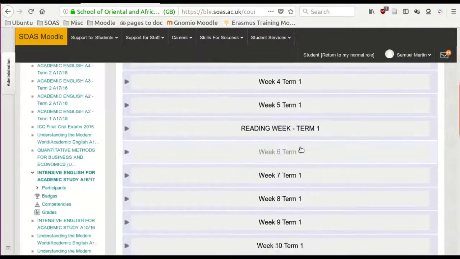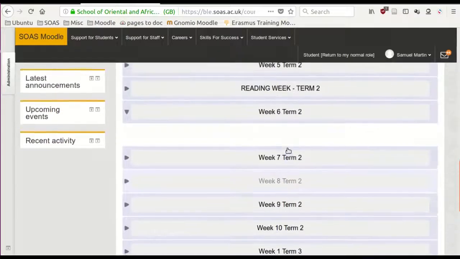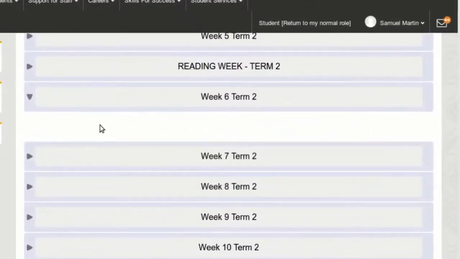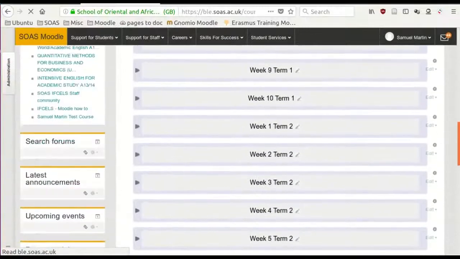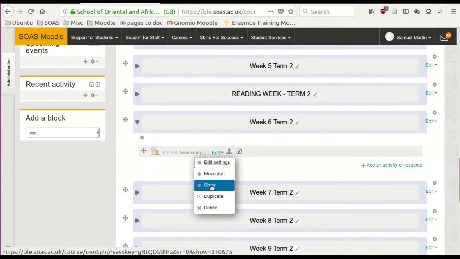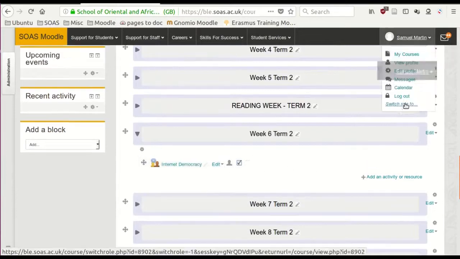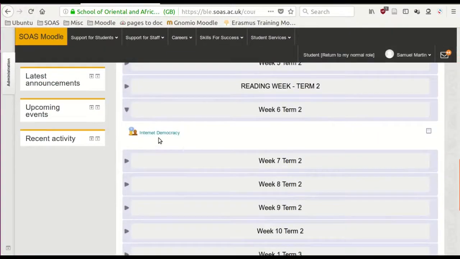And now when I look at this workshop activity, I should see what the student sees, which is nothing because I forgot to make it visible. Return to my normal role, turn editing on. Week 6, turn to edit, show, and now I can switch my role to student again. And here it is. I open it as if a student,